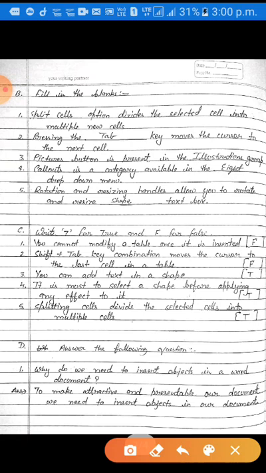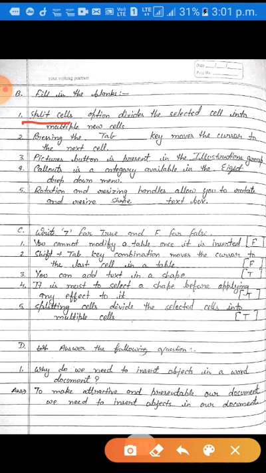Question number first is dash option divides the selected cell into multiple new cells. Dear students, you have to fill here split cell. Split cells means dividing the selected cell into multiple cells.